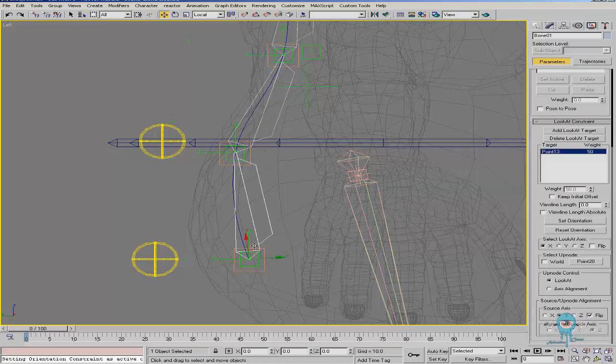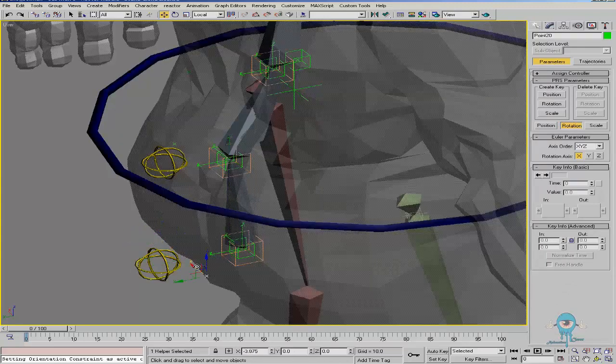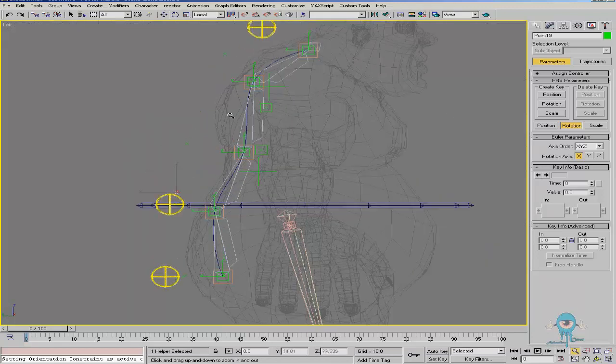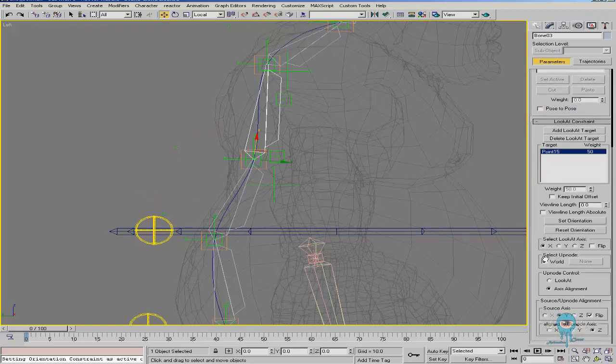So what's happening now is the twist along the length of this is looking at this little point helper here. If I actually move just this point helper, you can see that I can twist that bone around its length. Same with this point helper, we'll control this bone now. We'll do that to each of them